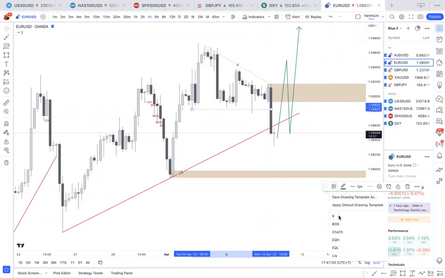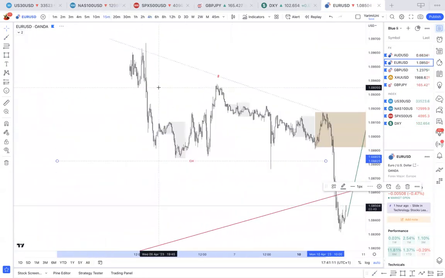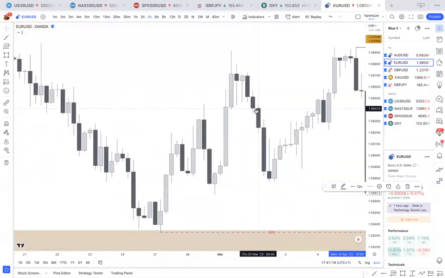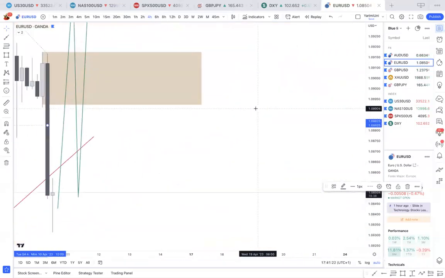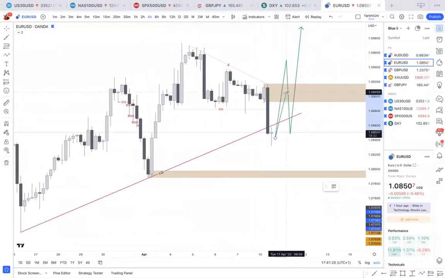But here is the change of character. And furthermore, you could probably find it even deeper inside the lower time frames. If I go down to the 15-minute, you could probably call this the change of character. Okay, I'm focusing on the high time frame at the moment, so I'm going to keep it at that area right there. But based off of that, if we're correct and price follows a structure, it should do something like this. However, it's in the middle.